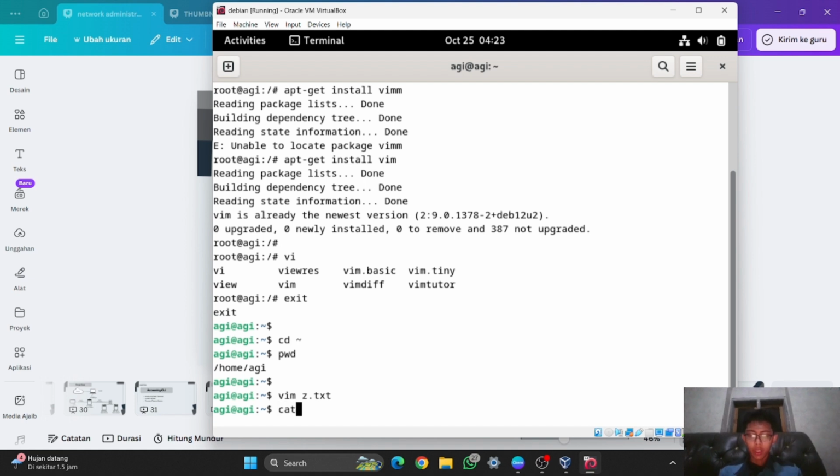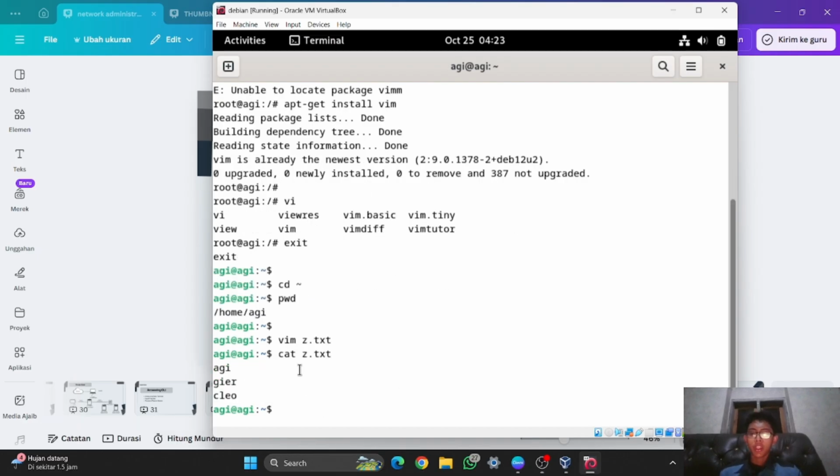And I will try to check the z.txt, and as you can see, there is some text that I've configured before, or some text that I've added before. And next one, before I was adding some text inside the file in here, and that is only like a touch.